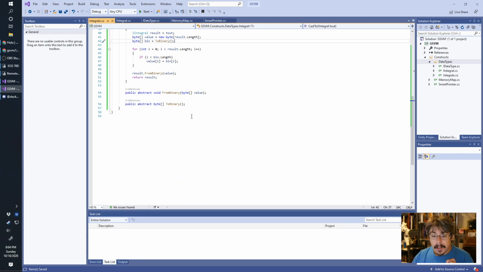abstract class. The next thing we're going to be doing is we're going to be starting our integral types. This is where most of the copying and pasting is happening. So the first one we're going to be doing is an int 8. We're going to put int 8 underscore t. That's an old C or C++ thing, but it will make it so C# doesn't lose its mind when it sees two different types of... Anyway, yeah, so